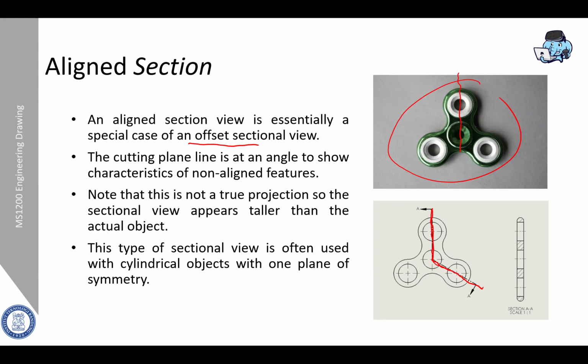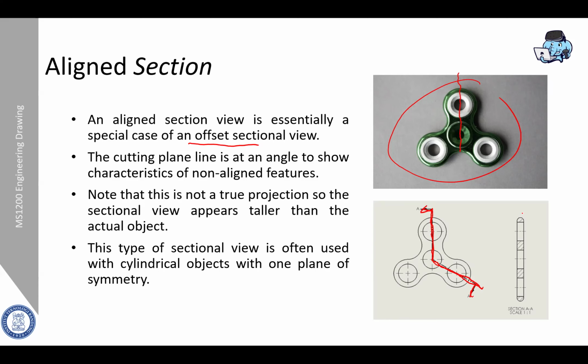It will give you a clearer view of the parts, the inner part. But we should note that it is actually not a true projection, because if we draw like this one, the section view of this line section will appear taller than the actual object.